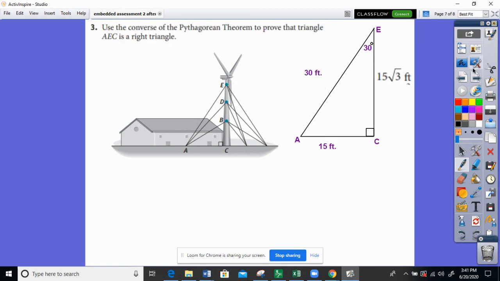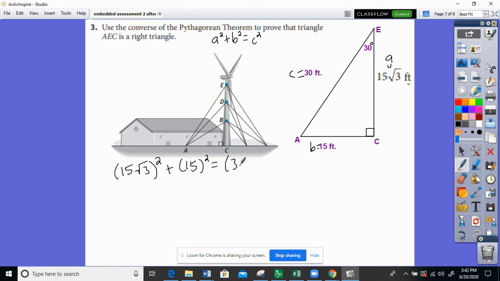The last problem here is asking us to use the converse of the Pythagorean theorem to prove that triangle AEC is a right triangle. So we have to do a squared plus b squared equals c squared. C has to be the hypotenuse, so that's going to be 30 feet. We'll let A be 15 times the square root of 3 and B be 15 feet. So if we plug that into the Pythagorean theorem equation, that's (15 times the square root of 3) squared plus 15 squared